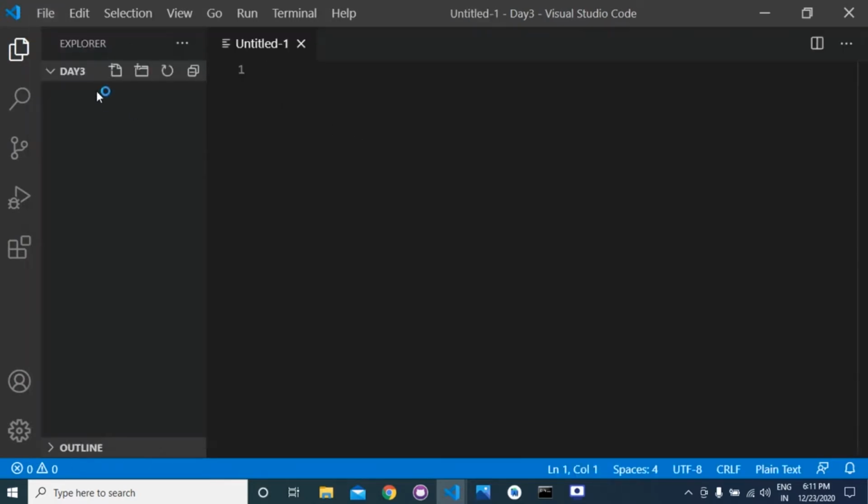Okay, so I'm naming it. I'm creating a file here, integer example.py.